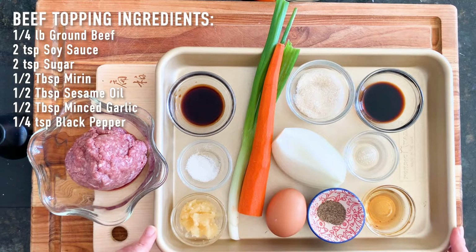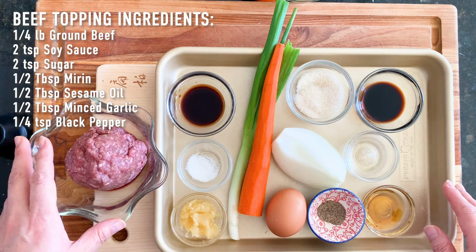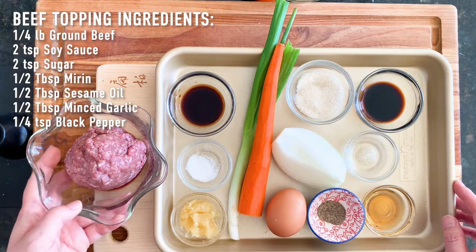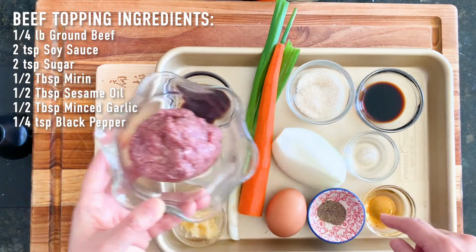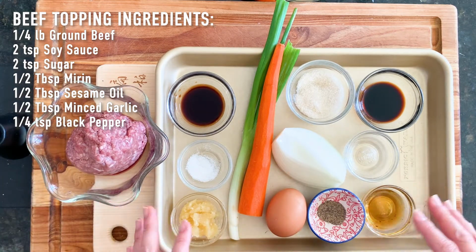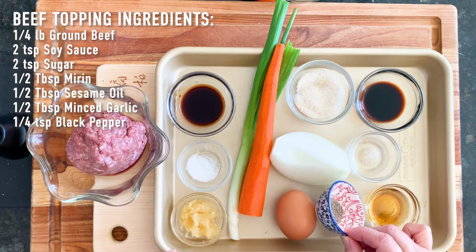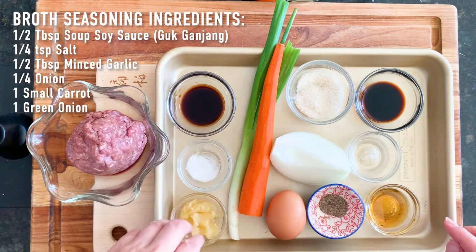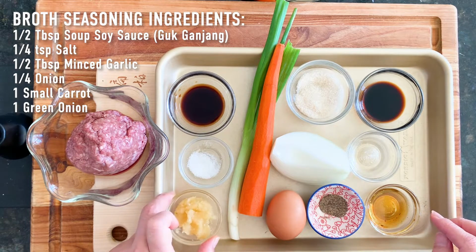These are the ingredients that we will need to finish up the tteokguk rice cake soup using the anchovy broth. So we will use some ground beef here and season them with some soy sauce, sugar, garlic, mirin, and sesame oil and black pepper here. That's my favorite little bowl. And then I will use some soup soy sauce, 국간장, salt, and some of the garlic here to season the